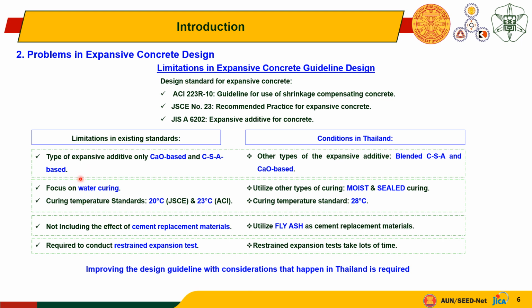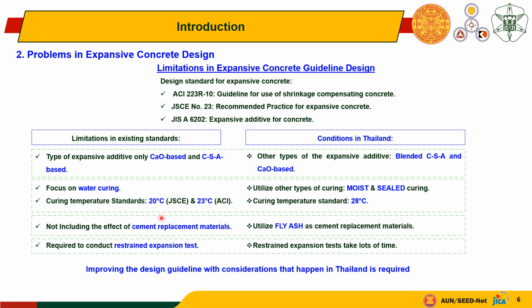Some limitations: here, the type of expansive additive is only CaO-based and CSA-based. However, in Thailand, as I mentioned before, we also have another type of expansive additive, which is blended CSA and CaO based. The other limitation is that the standard only focuses on water curing, and the curing temperature